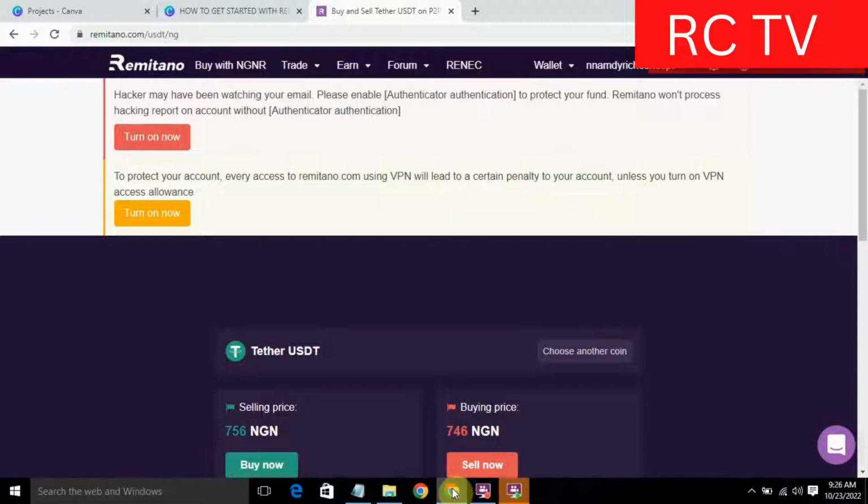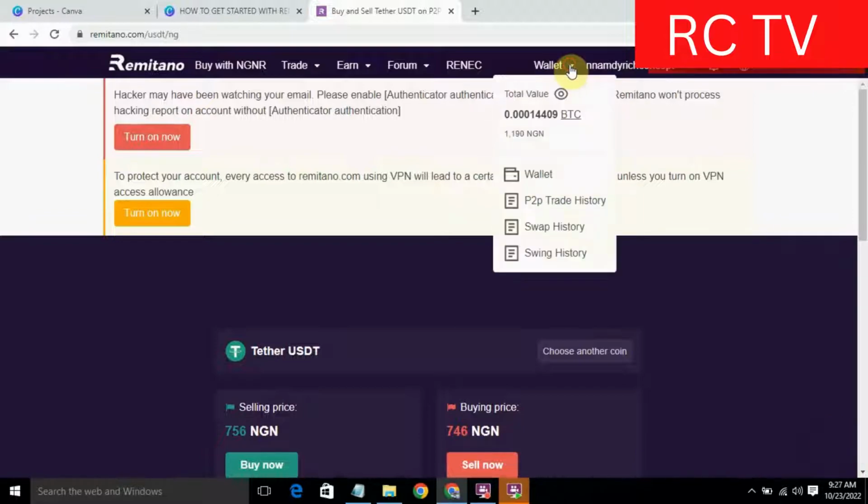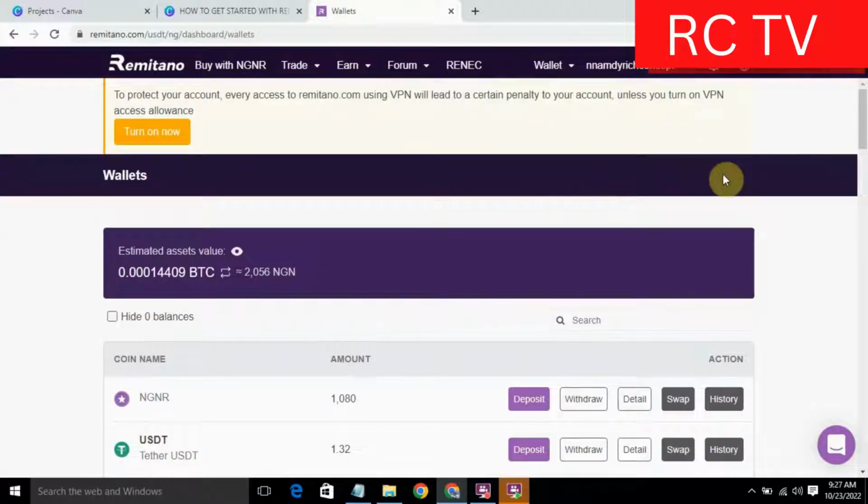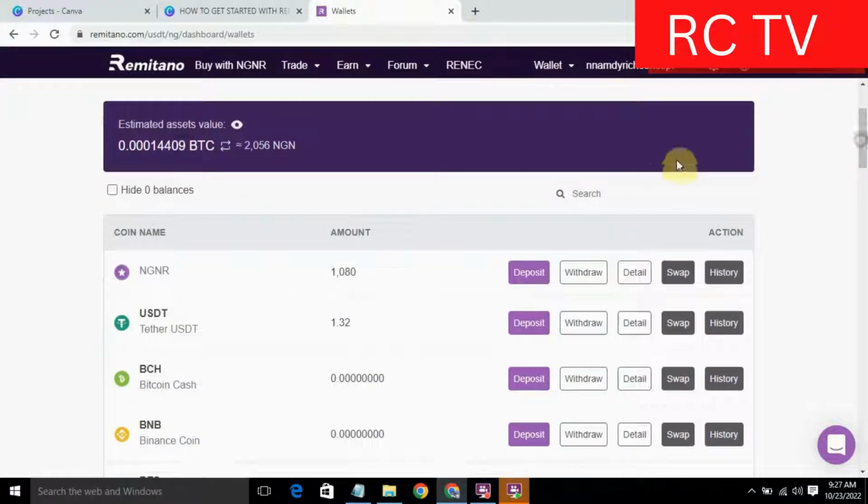So what do you do now? You come to here that says wallet. You go to your wallet. You click on it. So as you can see, look at the USDT that we have just bought. Look at it, it has reflected, and remember that what I initially deposited was 2018. Look at the current balance that is here. So that is how easy it is. That is how easy it is using the platform